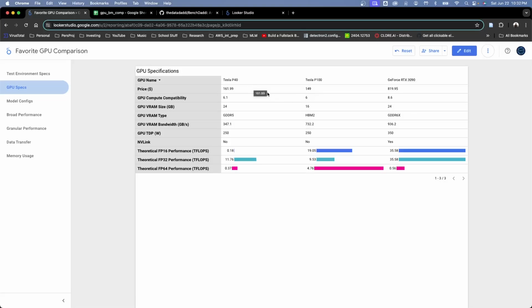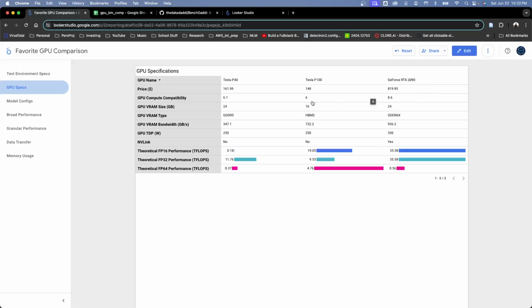As of today, this is what you could buy a P40, P100, and 3090 for on eBay from a reasonable, reputable seller, like a wholesaler that has good reviews. You could buy a P40 for approximately $162, a P100 for about 150 bucks, and then the RTX 3090 for about